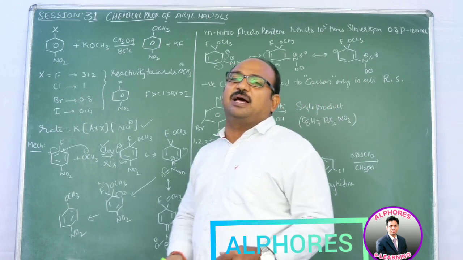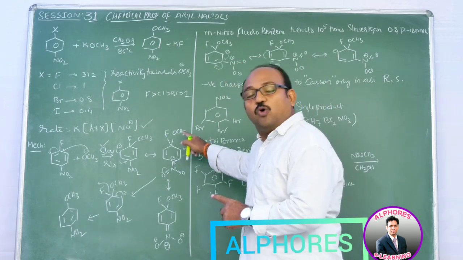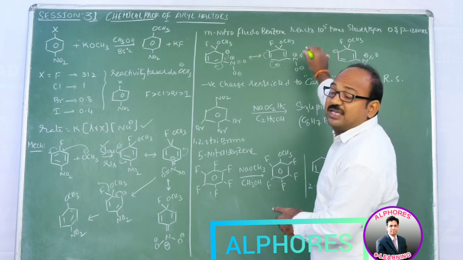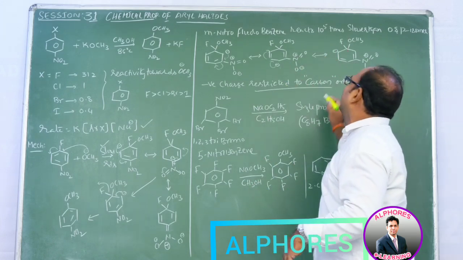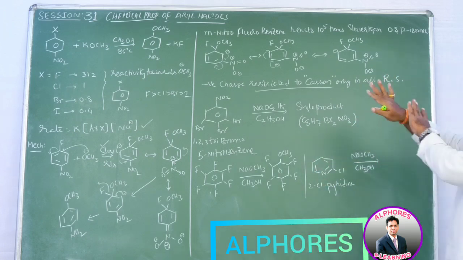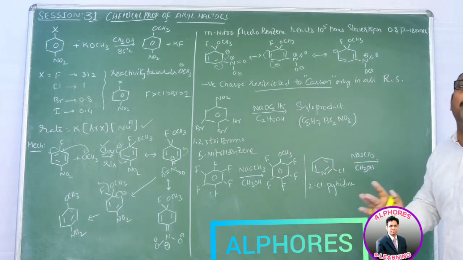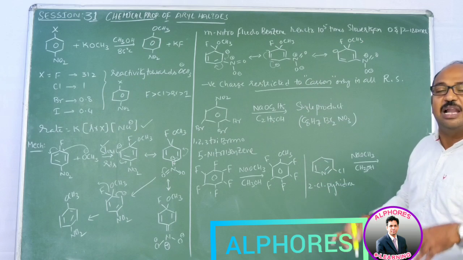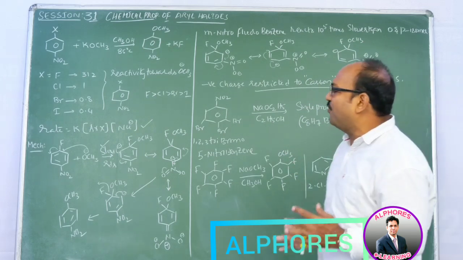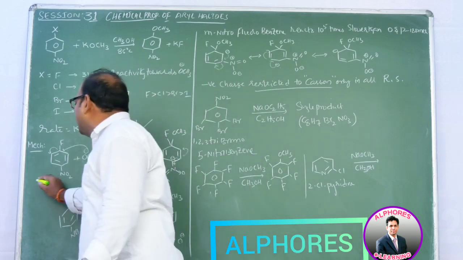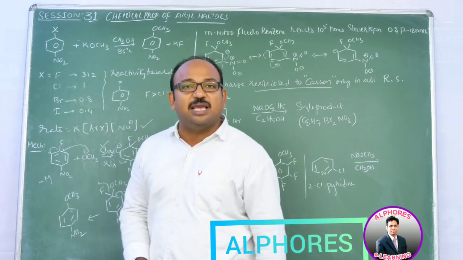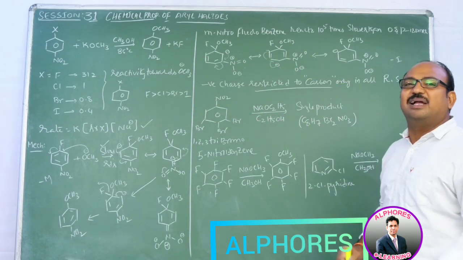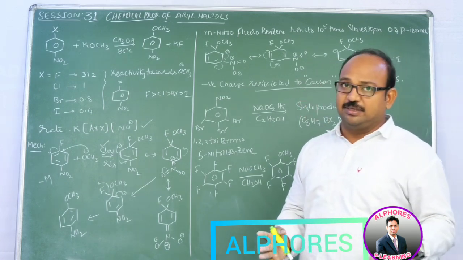In the case of ortho and para, negative charge is delocalized over all the carbon atoms, along with that NO2 group also. Whereas in this case, negative charge is strictly restricted to carbon only in all its resonance structures. There is no scope for participation of this nitro group in resonance structures. That means simply we can say in the case of ortho and para, nitro group shows minus M effect, whereas in the case of meta, nitro group shows only minus I. That's why the rate is obviously less. Hope you got the point.